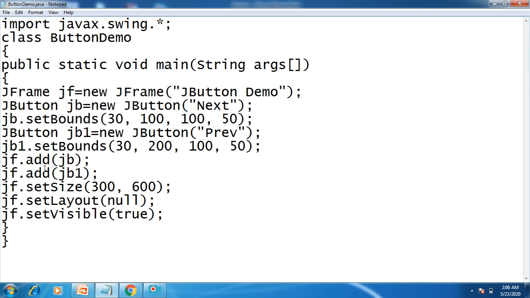Then add these two buttons to the frame, that is JF. I have used JF.add(JB) and JF.add(JB1). Then set the size of the window, layout, and make that window visible to everyone by passing a true value.